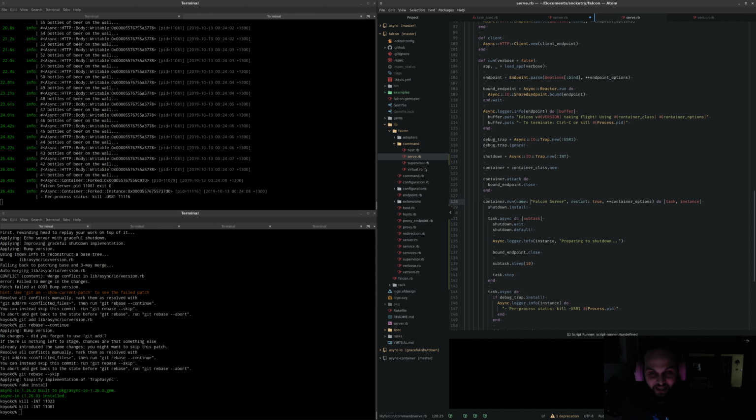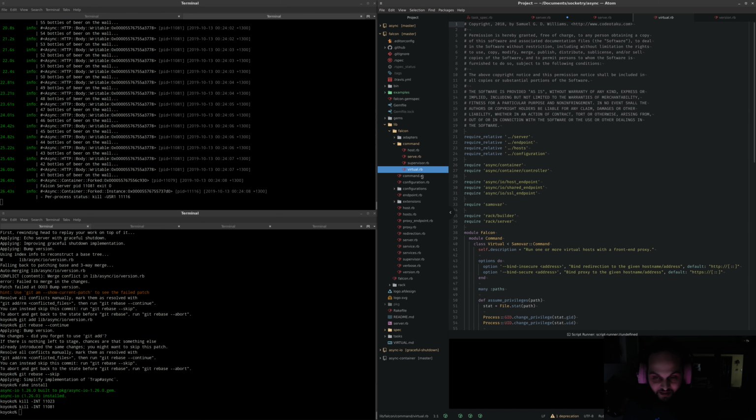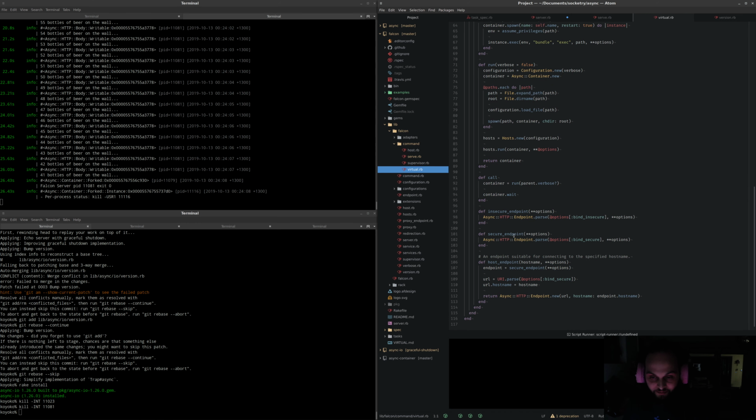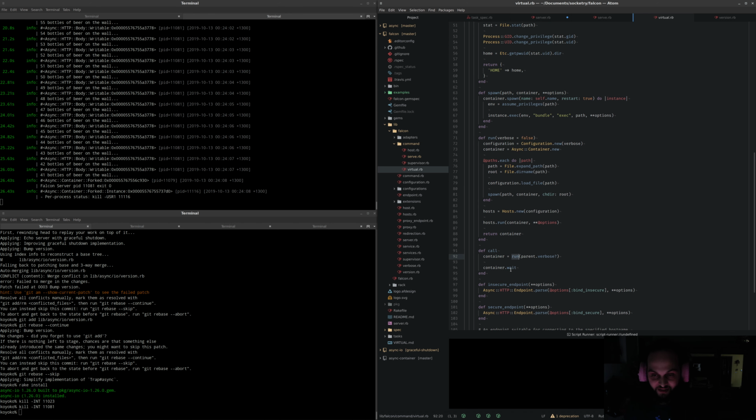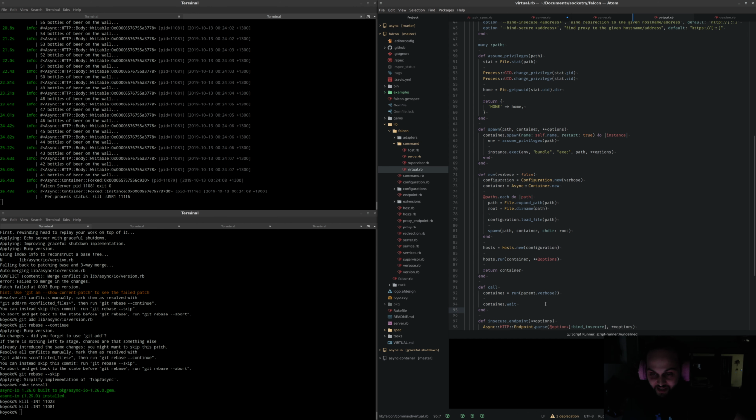So it may be the case that putting this in Falcon servers is the wrong place, but in Falcon Virtual, we actually create a container which has other containers inside it, and those containers are the things we want to target for restarting. So the way Falcon Virtual works is